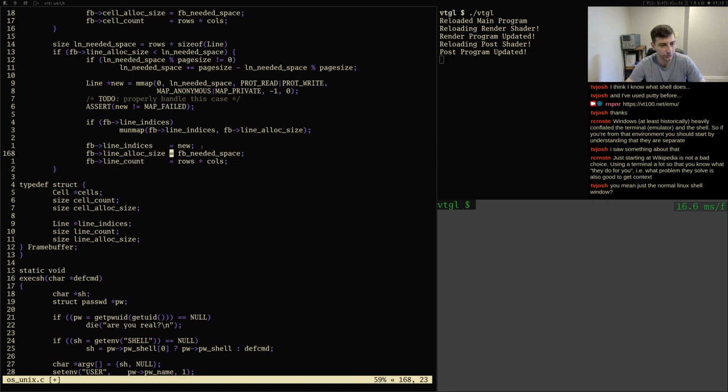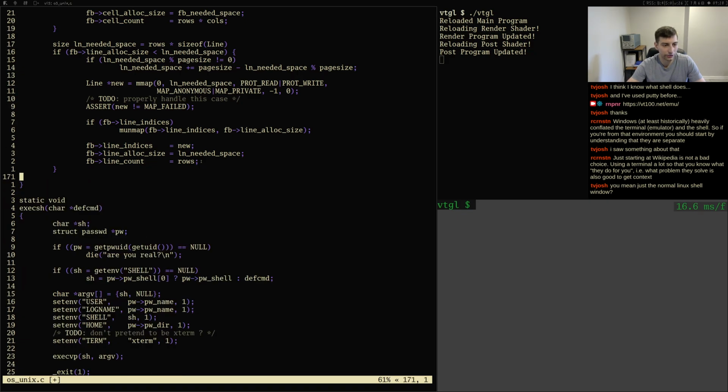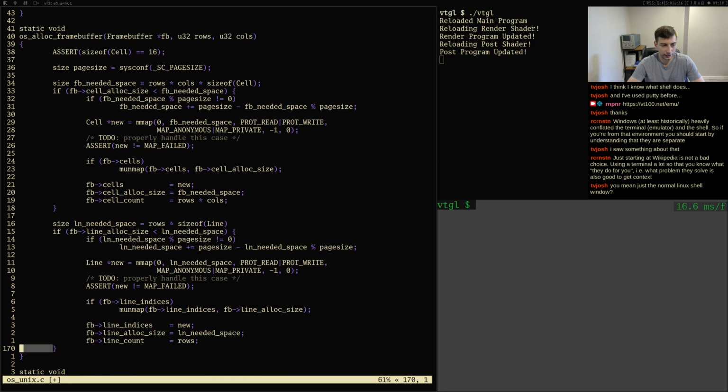This is not this one. This is line needed space. And then the line count is just rows. This is where I'm really certain I probably don't need these variables, but we've got this now. So once this is allocated,